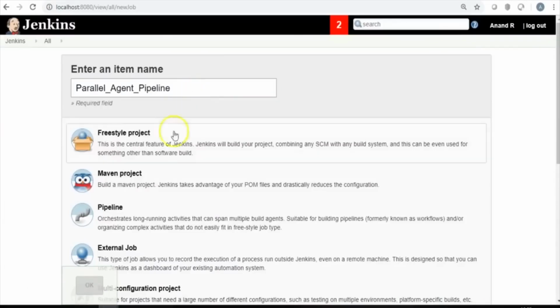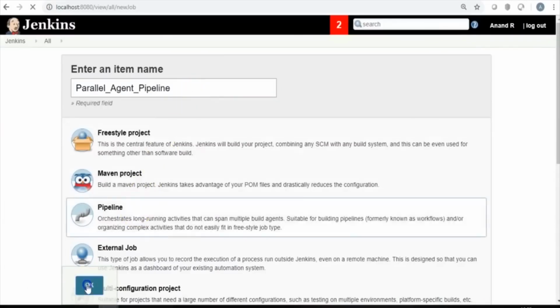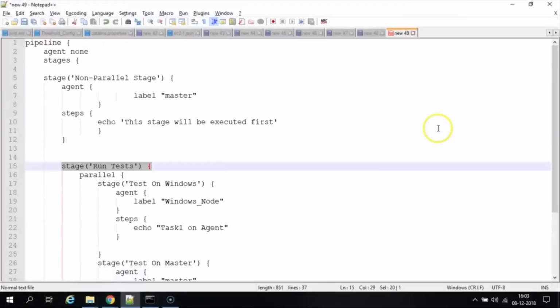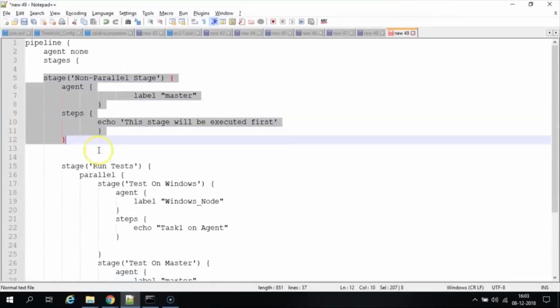Let me call this, and this would be a pipeline project. I don't want anything here. Let me look at the pipeline script that I have. Pipeline agent none stages, and there's a first stage where this would be a kind of non-parallel stage where there's